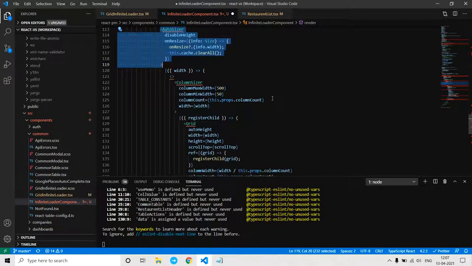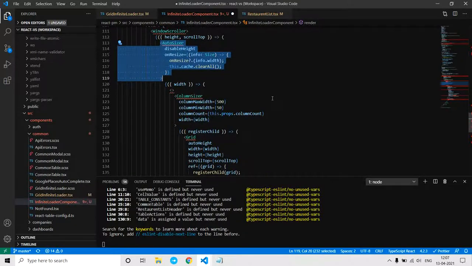And we have this auto sizer component, which automatically adjusts the width of the grid. So whenever we change the device's width, we get the new width. It also calls this on resize function, which internally calls our on resize function, which we are passing as a prop to this infinite loader component. And we need to make sure we are clearing the cache.